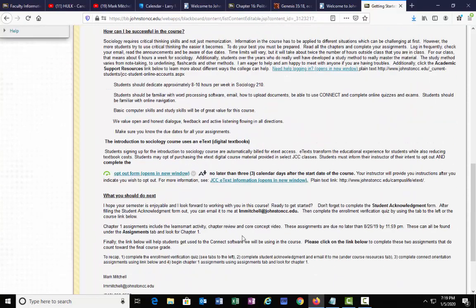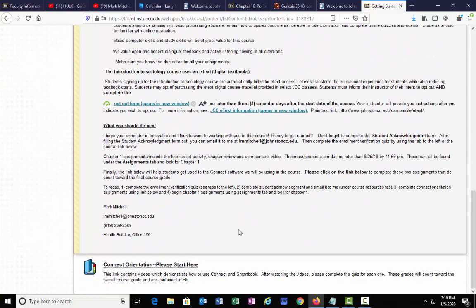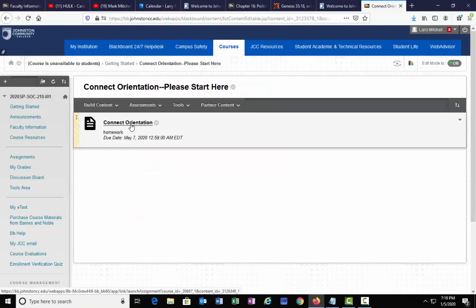That would be a sufficient way to do it too. The acknowledgement form itself is under the Course Resources tab, and we'll click on that in just a moment. And then the orientation assignments, this is where some of our assignments are not located under that Assignments tab, but once you click this link, there is an assignment here. It's very short, but it's really to get students used to Connect,